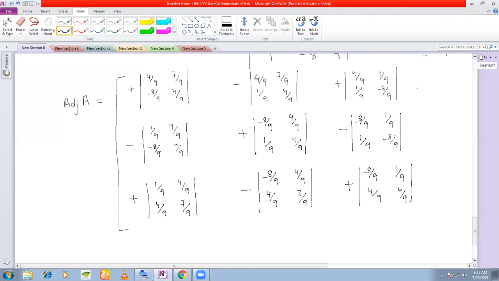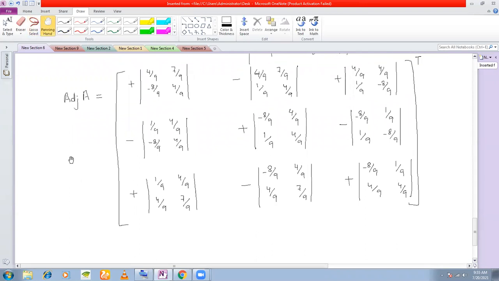See, we have got a big matrix here, that too with fractional values, right? In the determinants, you have got fractional values. In order to simplify your work, you can take out 1 by 9 from the first row, and you can take out 1 by 9 from this row for each of these determinants, right? Yes. That will simplify your work a little.